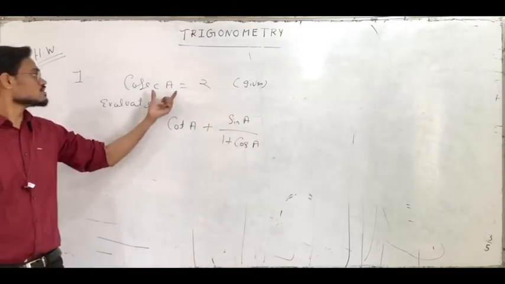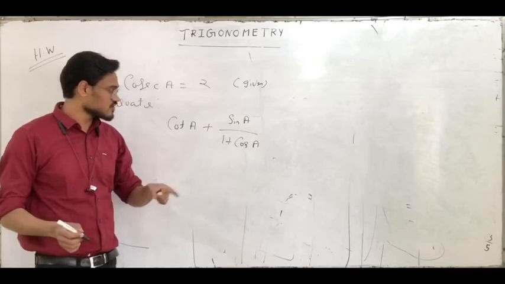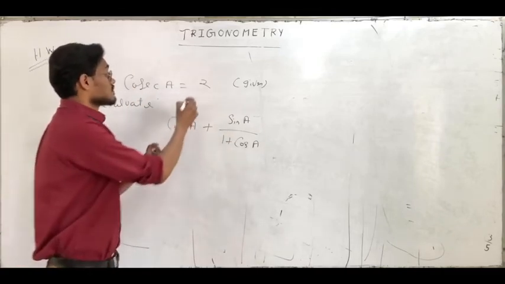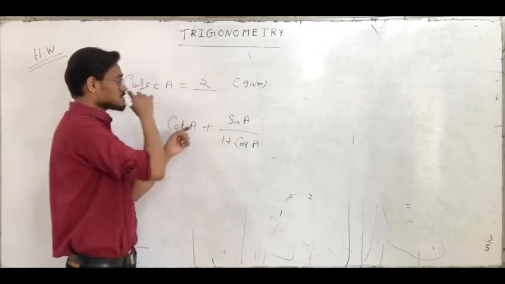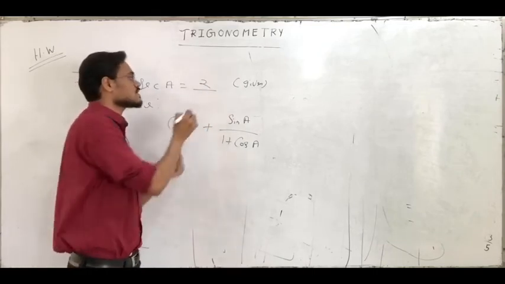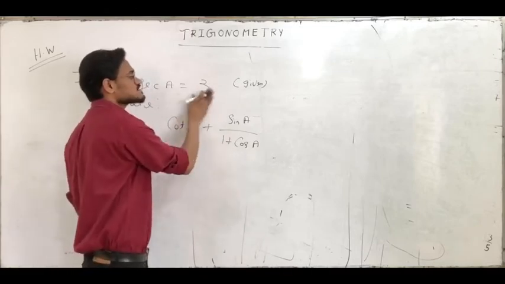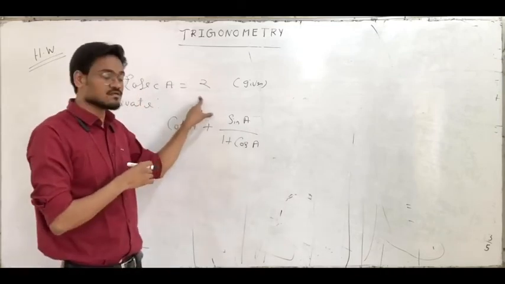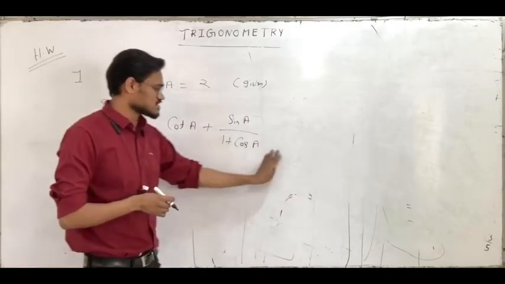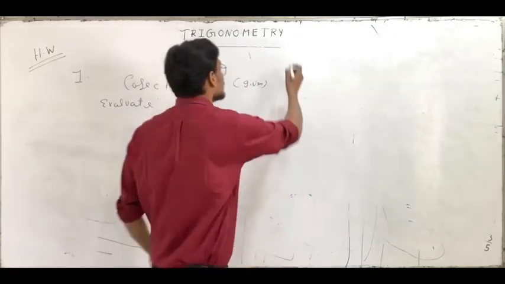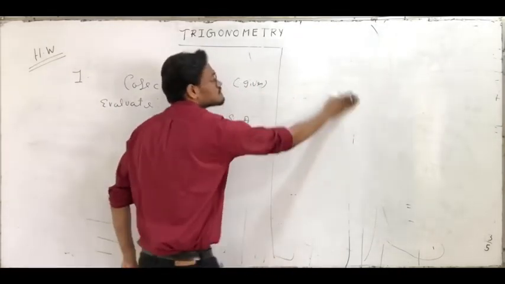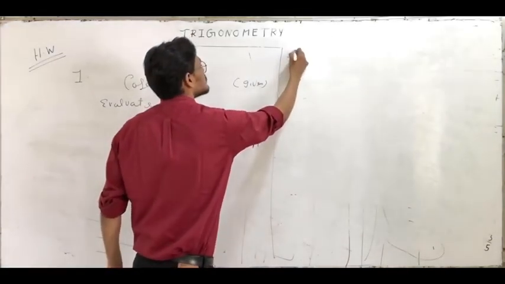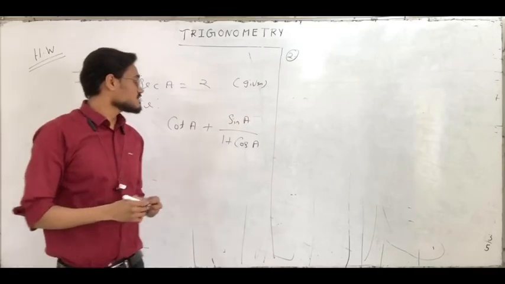You have to calculate the value of this expression. So it's up to you. Using cosec A, first of all you have to calculate sin A, cos A and cot A. Okay, it's very simple. Cosec A, possibly you must be thinking that denominator is not given. Denominator is 1 actually. Whenever denominator is not given, we will assume it as 1. So cosec A is 2 by 1. Clear? So you have to solve this. Calculation can be typical, but you have to practice, because this kind of questions may come in your examination.